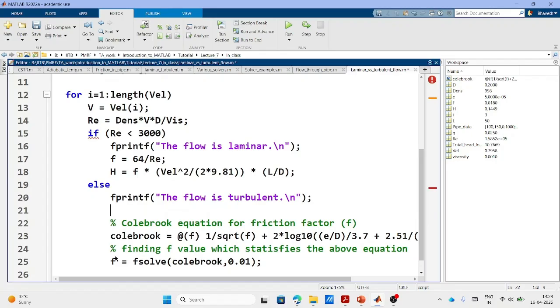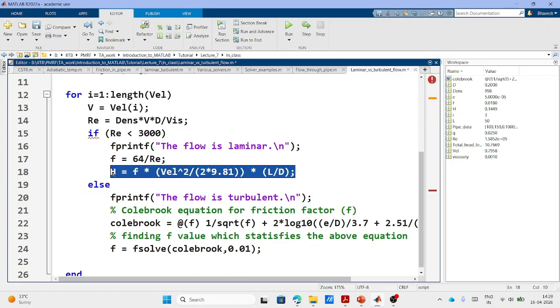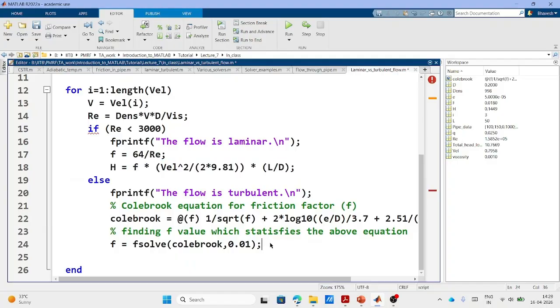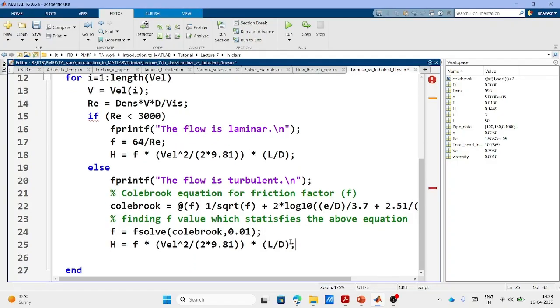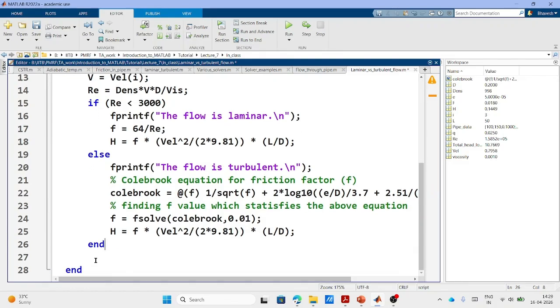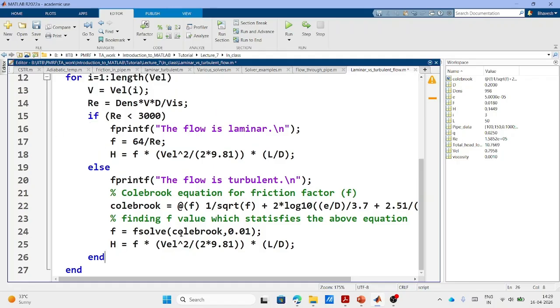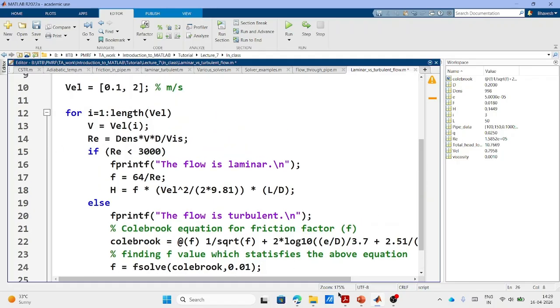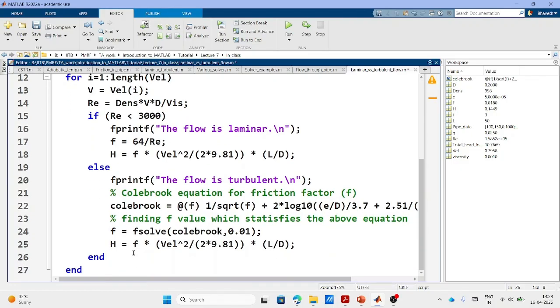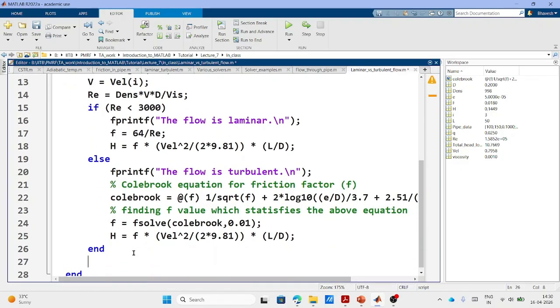I am just using different notation, nothing else. Here, in that case, F is computed from solving the Colebrook-White equation. This ends the if condition, and further the for loop is also added. Now once the if condition is added, you can print the result as